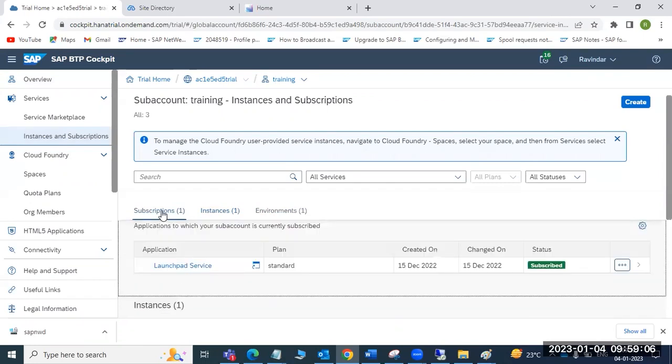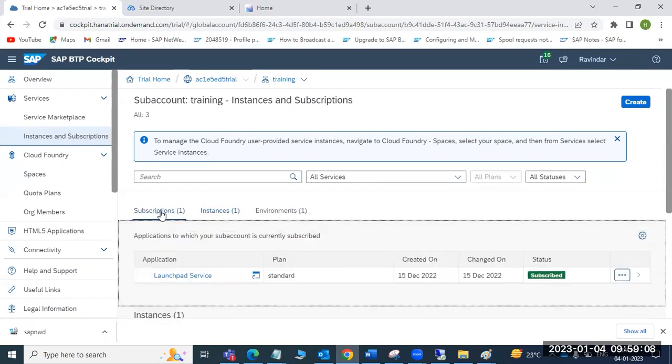Each service has a specific usage, so we should know. I will provide some links on what each service is. Suppose you want to use one functionality, which service do you need? If you want to use HANA, you use the HANA service. If you want to use ABAP functionality, you use the ABAP service. If you want to use Ariba, you use the CPI functionality.